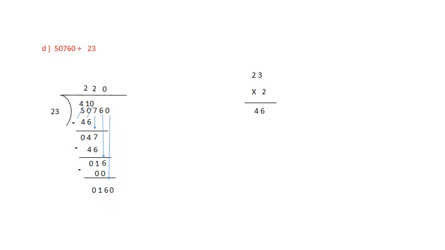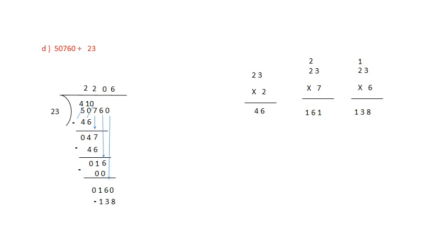Again ones place we will not consider. Let's see the 2 and this 16. 2 8s are 16. If you take 8s, it will be a very big number. So I have tried by 7s. When I had done by 7s, I got 161, which is also a very big number, which is not possible to take here. So we'll take one number less. So 23 6s are 138. So we'll write down here 6s are 138.